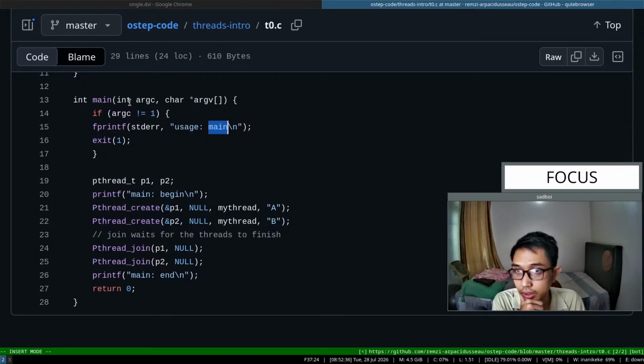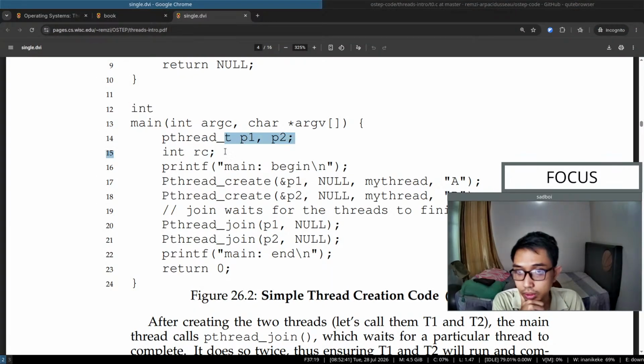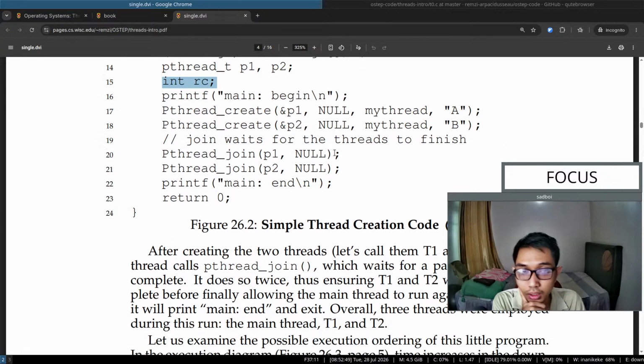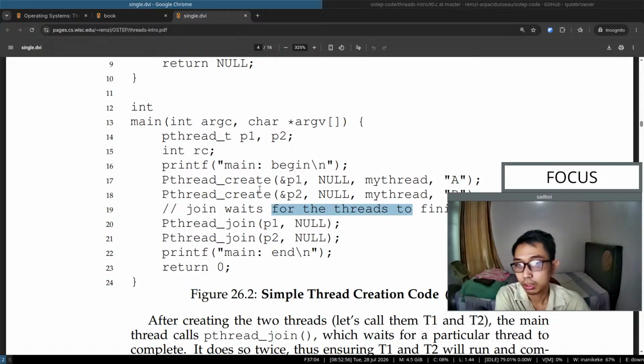There is no RC here. So I don't think we need RC here too. I mean, we didn't use RC anywhere, as far as I know, right? Okay, so